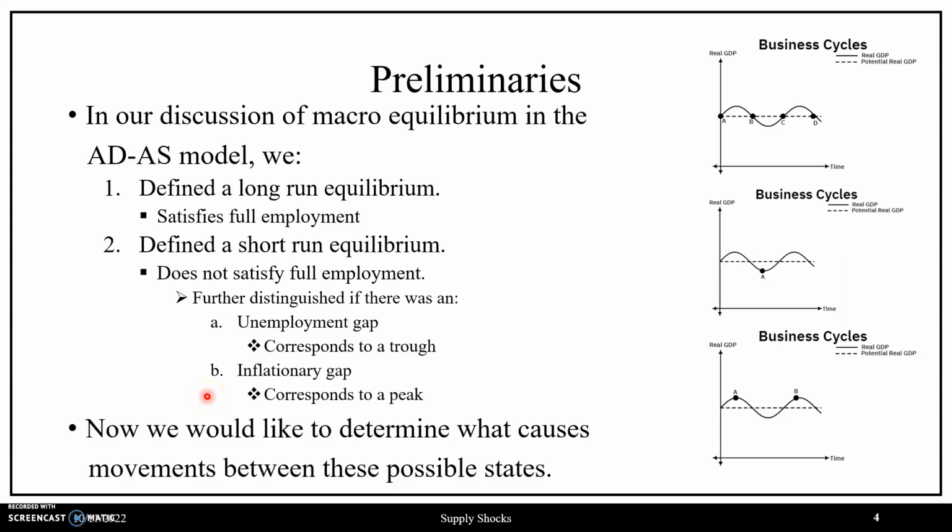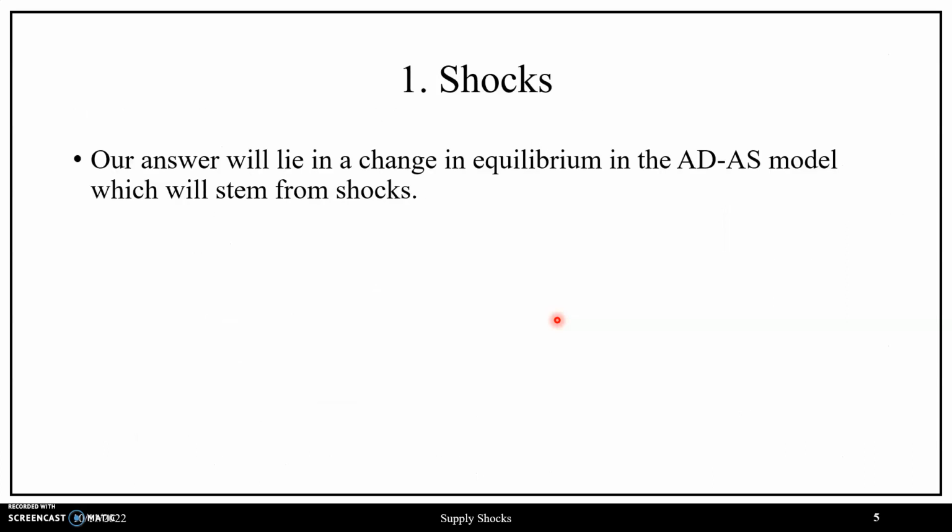Now what we'd like to do is to determine what causes movements between these possible states, in that movement from a long-run equilibrium to a short-run equilibrium, and more specifically, movement from a long-run equilibrium to a short-run equilibrium that corresponds to a peak, and movement to a short-run equilibrium that corresponds to a trough. Our answer for this will lie in a change in equilibrium in the ADAS model, which will stem from